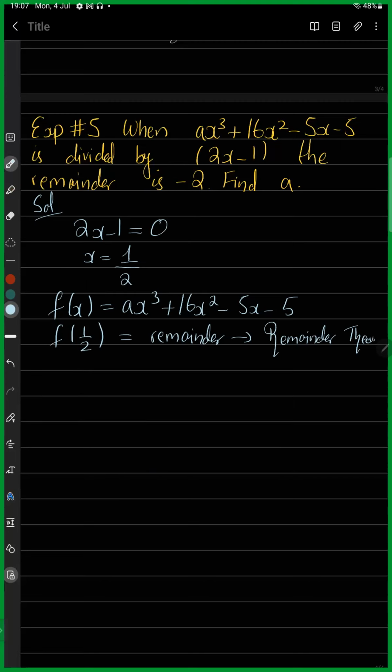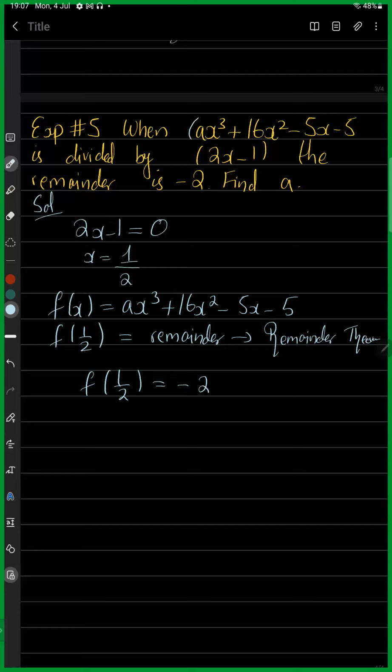All right. So yes. Now I need to find the value of f of 1 by 2. I already have the remainder. So my condition would be f of 1 by 2 is equal to the remainder, that is minus 2. And f of 1 by 2 is basically,